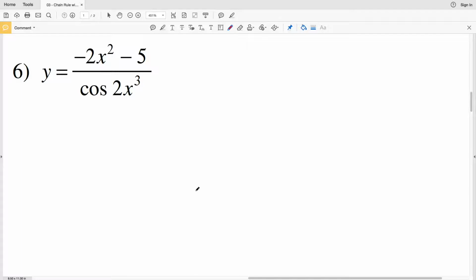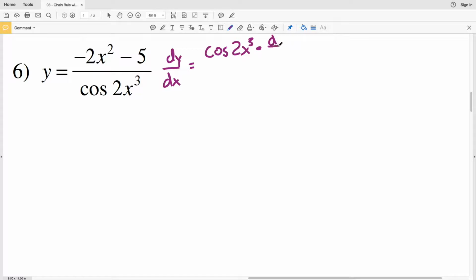In number 5, we used the product rule. In number 6, we're going to use the quotient rule. Remember, low d high minus high d low all over low squared. So remembering that, the derivative of y with respect to x will equal low, so the cosine of 2x cubed